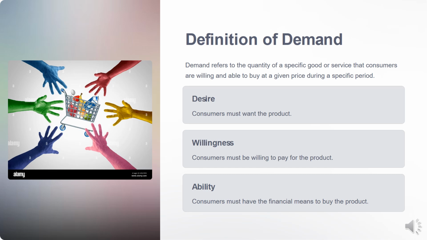You have a desire that I want so and so brand mobile for yourself, but you should also be willing to pay for that product, so that it is worth that value. And the third thing is ability. It's not only that you have a desire for something and willingness to pay, but if you don't have the ability to buy it, then it is not called demand. What is ability? You must have the financial means to buy the product or service. So the three basic requirements must be fulfilled before we say it's a demand. First is desire, second is willingness, and third is ability.